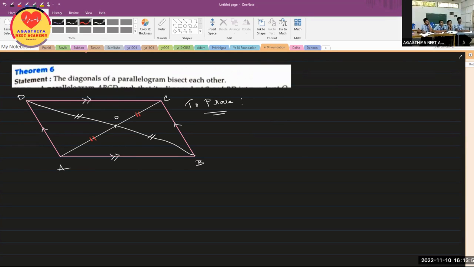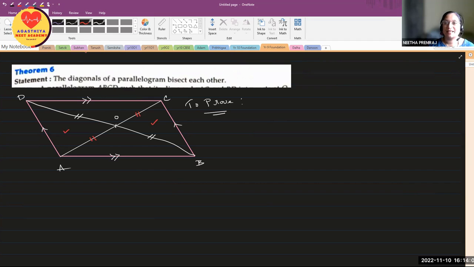Number one, if we prove these two triangles congruent, obviously by CPCT the sides are equal. ஆமாதானே? So அதுதான். சரி, எப்படி இப்போ வந்து I am taking the triangle AOD